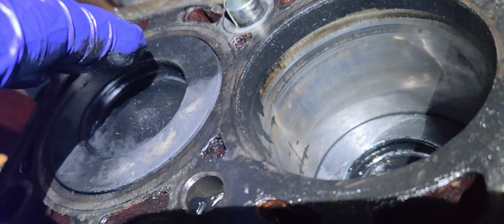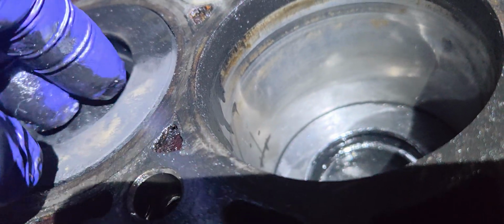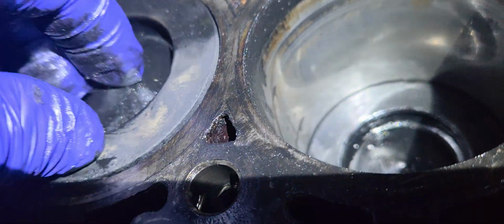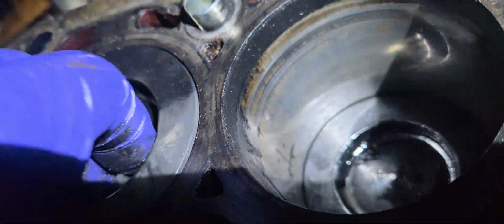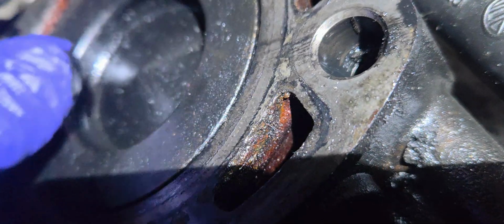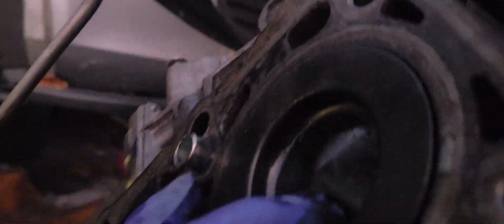What I'm gonna show here, this is the reason why we're gonna replace or rebuild this engine, because of this one. See? It sounds okay. See? That's too much play. See? And when the engine